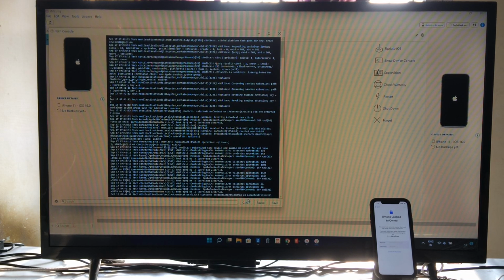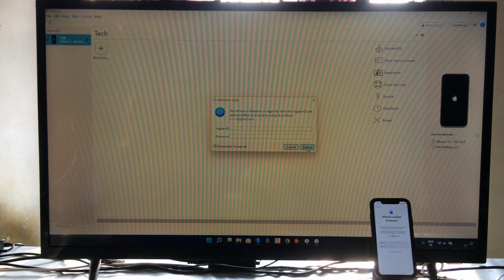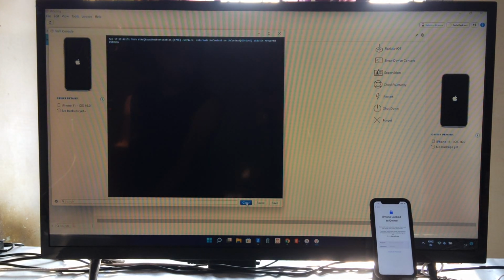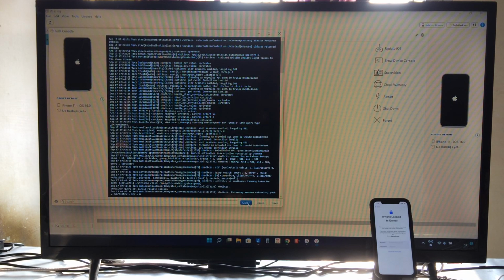Because as we know, all the old data that is already linked with this device, and that is retained on this device, the Apple server can easily catch that this device is linked to an Apple ID.